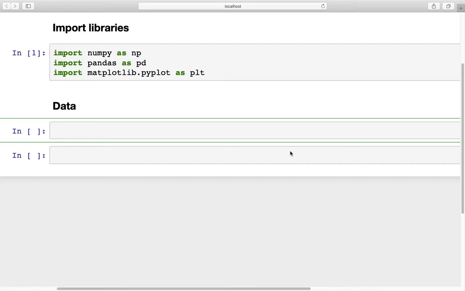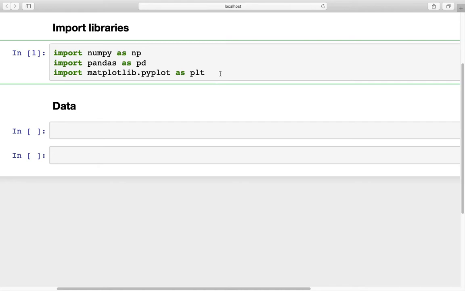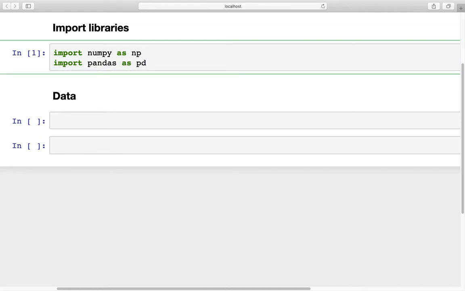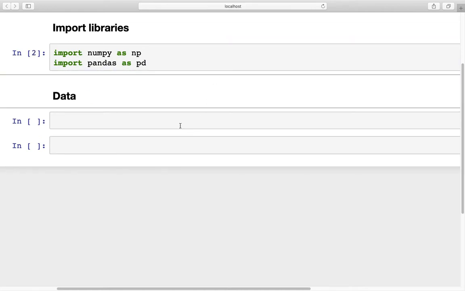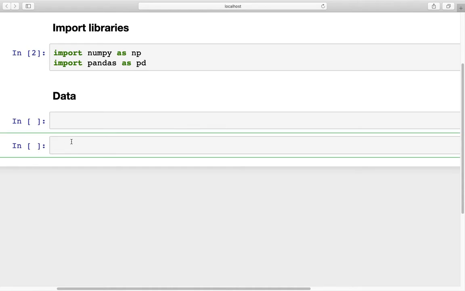Here I've already created a new notebook and imported these libraries. We just need NumPy and pandas, and for data we do not have any specific data sets, so we'll create series and data frames as we go along. So the first item that we are going to look at is percent change,